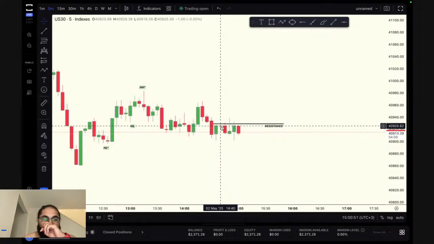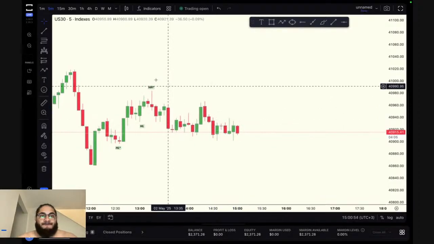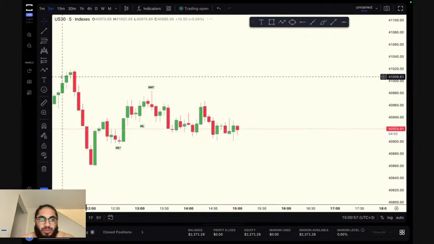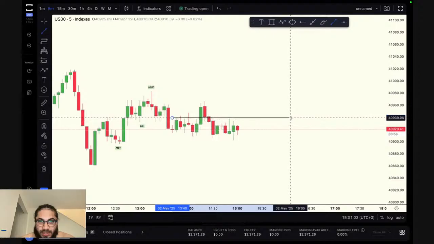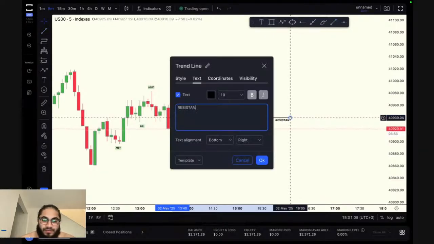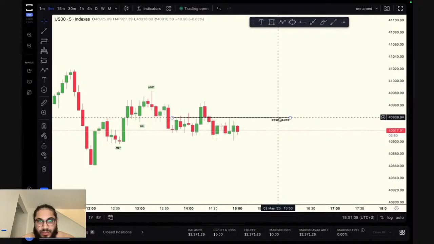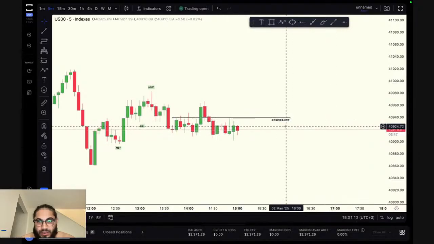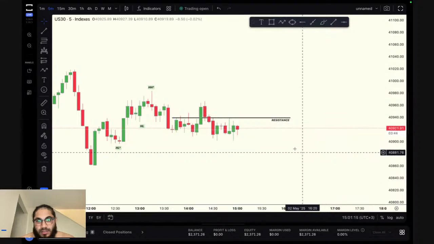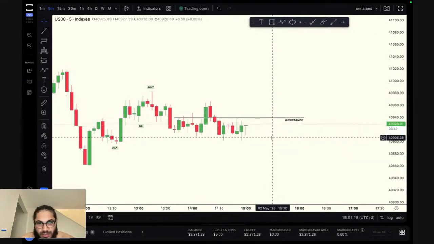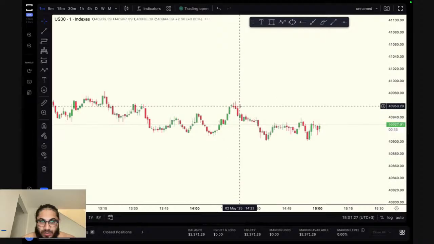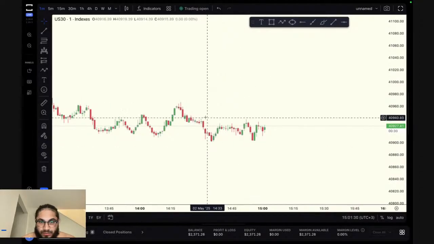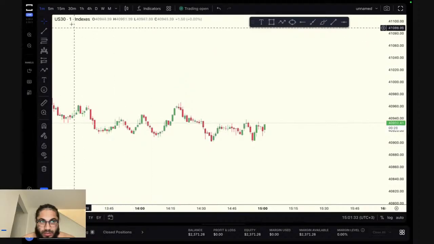It's still just that level. All right, so this was that resistance here that we never really broke, and this is the resistance that is seen based off the M15, right? So at the end of the day, we still need to see this level as well being broken. This would be bullish. Technically, this is seen based off the M1. Let's move here. This would be this counter here. And the minute we break this here,